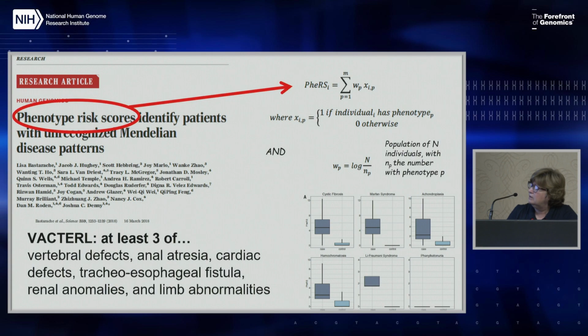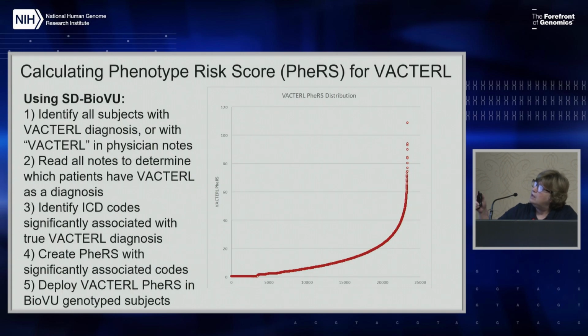And so you start out using all of the people on whom we have electronic records, but removing those in whom we have genetic data. So we're now using just the synthetic derivative minus BioView, in Vanderbilt parlance. We identify all subjects with the VACTERL diagnosis or with the term VACTERL included in the physician notes, and